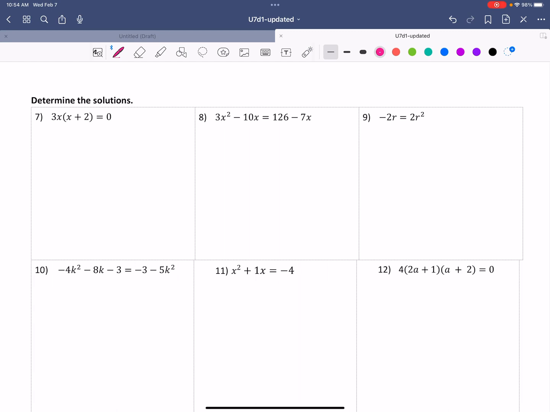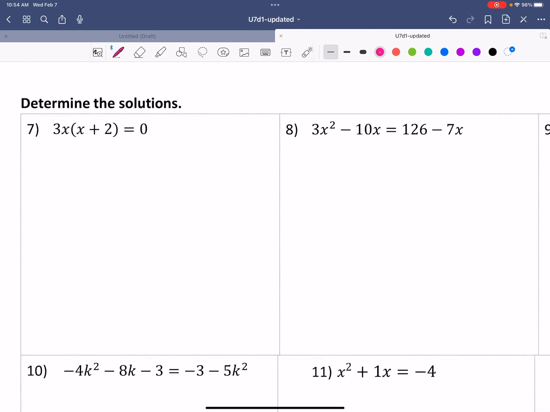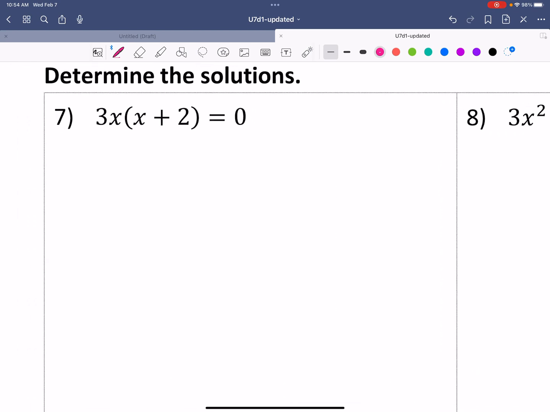Okay, so if you look at number 7, remember that step number 1 says to make sure that it's set equal to 0. It is. Step 2 says to factor, and it is factored. You can tell because it has that parentheses. So we're going to do step number 3, where we're going to take each of these factors,